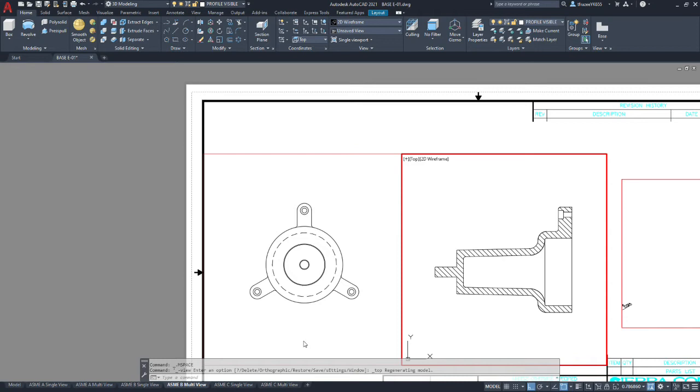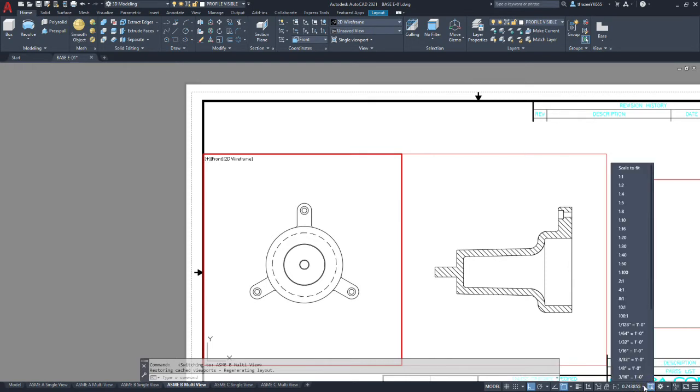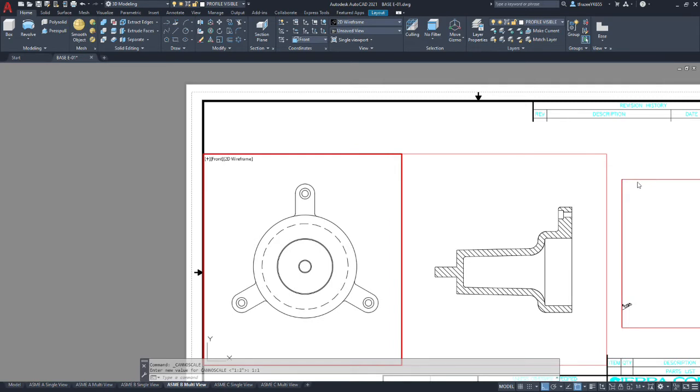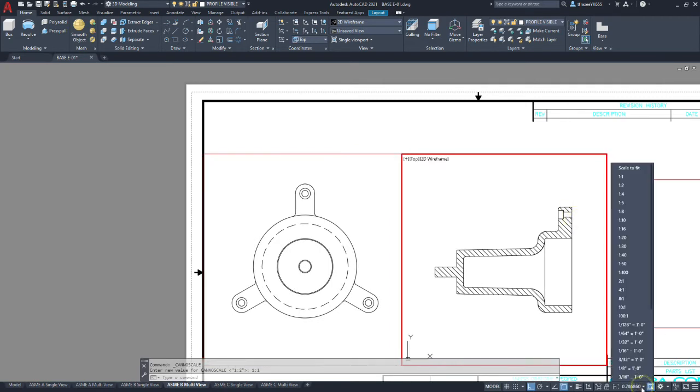So it's similar to the hand wheel project where we need to modify this right hand side view. But let's get our scales locked down. Okay, so we're going to mess with our scale, and our scale factor. So we're going to do 1:1 scale on this particular project.